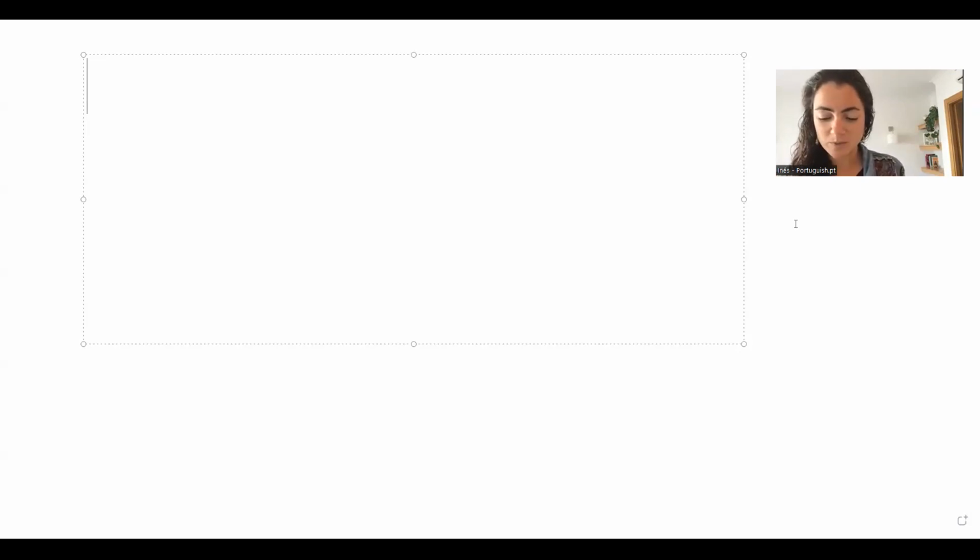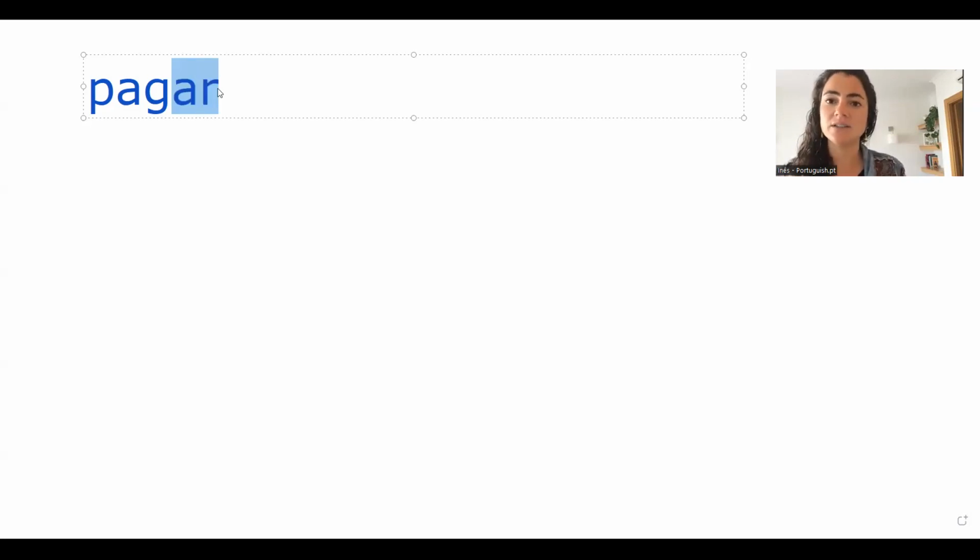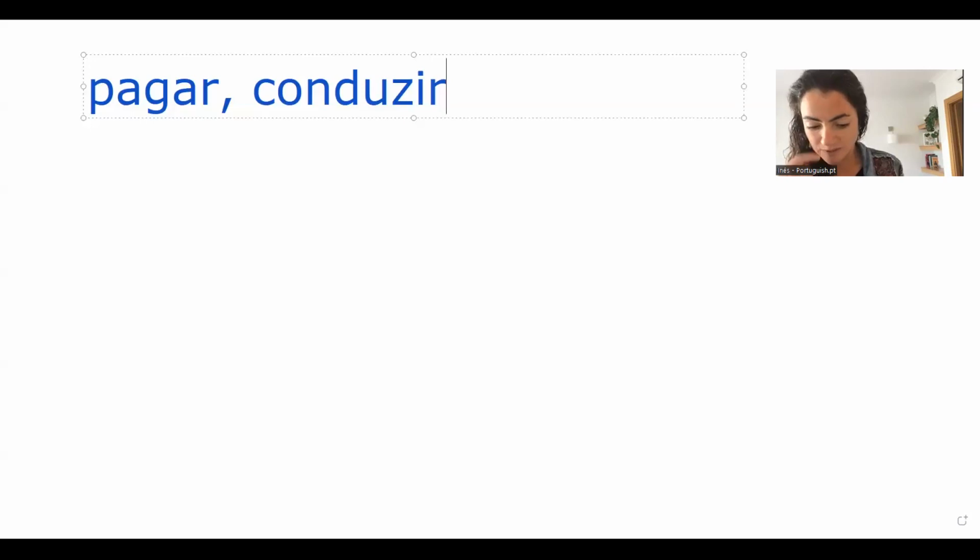To pay in Portuguese we say pagar. It's the same pronunciation as falar, to speak. So when it ends with AR is ar, like pagar. Then the verb to drive we say conduzir. To walk is